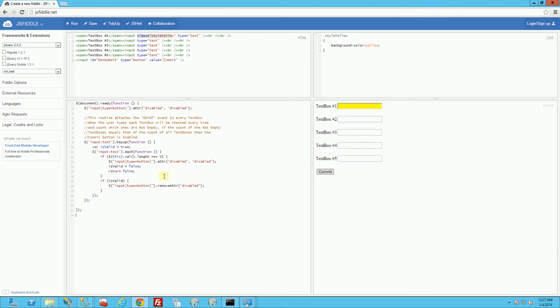And I have some code prepared here where basically I'm attaching the key up function to all of the text boxes, and this is jQuery, so I had to select my jQuery. It's sort of like an include file, and I'm doing it on load where I'm executing this JavaScript, which is the ready function of jQuery. So I'm going to hit run,